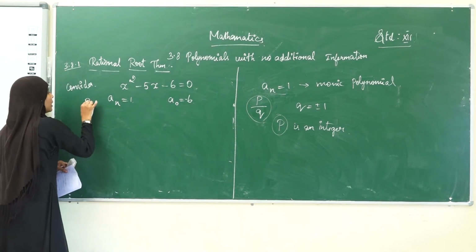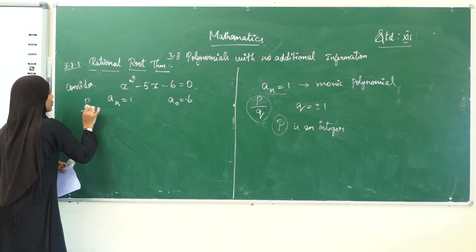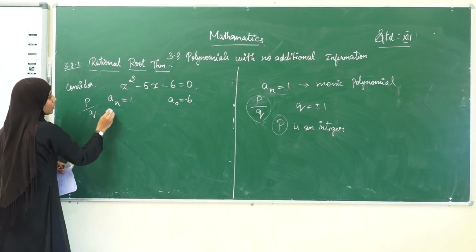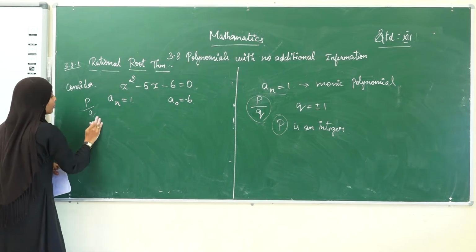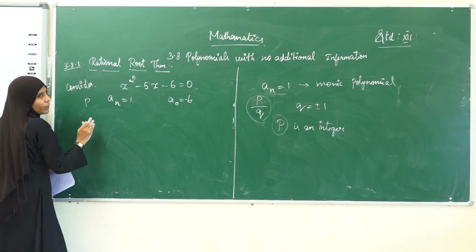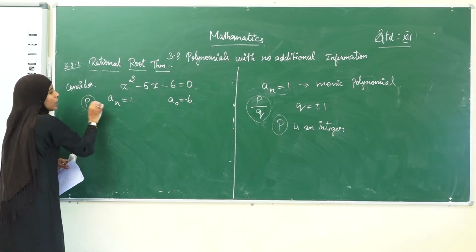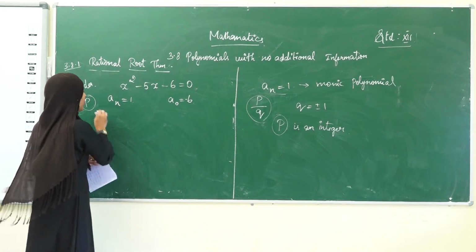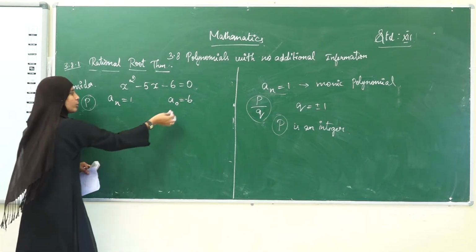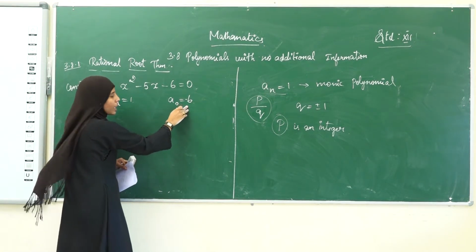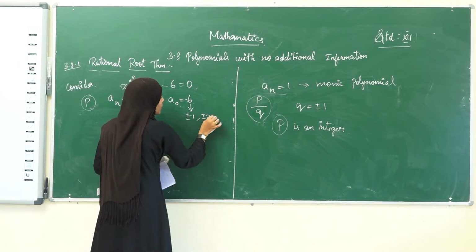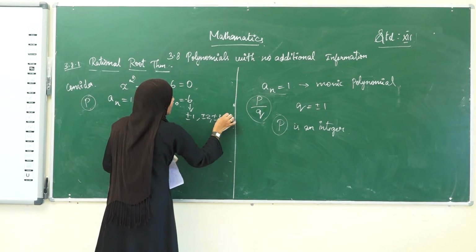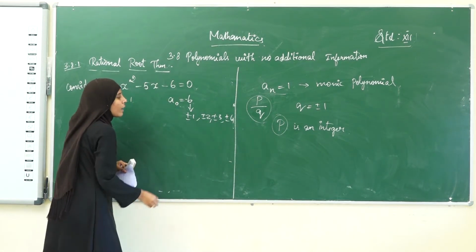The polynomial, so the root p divided by q will be here. The factor of 1 will be plus or minus 1. Therefore, this q gets the value 1. Therefore, only p will be the root. What's p? This will be the factor of a naught. What's a naught? Here it is minus 6. Therefore, the factors of this are plus or minus 1, plus or minus 2, plus or minus 3, plus or minus 6. So, we have 8 terms.